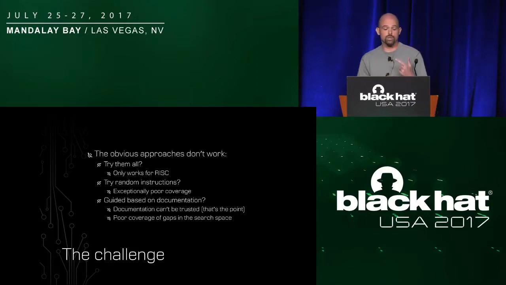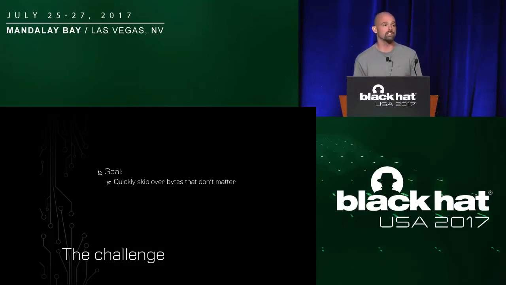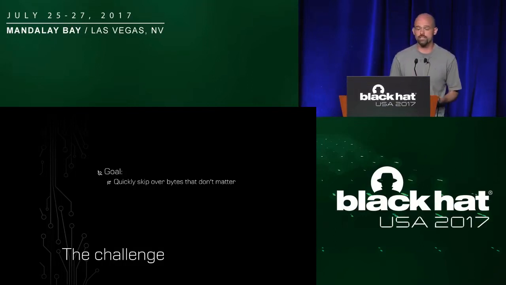Well, there's two big problems with that. One, I think we've already kind of established the documentation isn't telling us everything. The documentation can't be trusted. If you guide your analysis based on the documentation, you're sort of going to lose right from the start. Another big issue with that, you might think, well, we saw those gaps in the opcode maps, right? Why don't we just like fuzz around those gaps? Those gaps really only tell you the first byte of the instruction. So if you're dealing with a complex instruction that exists within one of those gaps, you're still not going to be able to find it with any naive approach trying to focus just on that gapped area. We need something a lot more intelligent to search through the x86 instruction space.